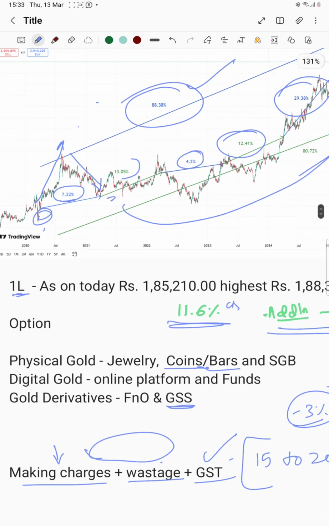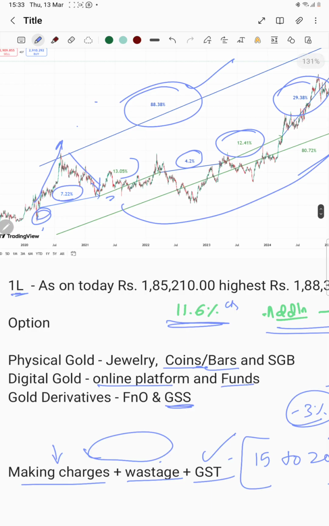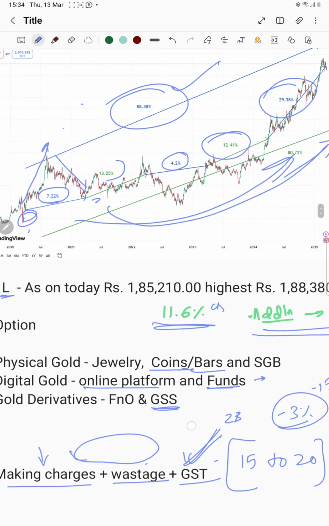Here's another option: digital gold, which you can now buy in PhonePe and Google Pay. There also you have to pay GST while buying, and also while selling, and there will be a slippage amount that fluctuates around 1.5 to 2% additional. So if you want to get this kind of returns,